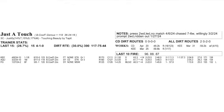His 2nd career start, the Grade 3 Gotham, caught a wet track again. He was 2nd best that day behind Deterministic, and Deterministic just had a better stalking trip than he did. And then last time in the Bluegrass, he stalked Fast Fractions. He opened up by a length and a quarter, and then that relentless late run from Sierra Leone ran him down, and he was beaten a length and a half, but he was well clear of show finisher Epic Ride